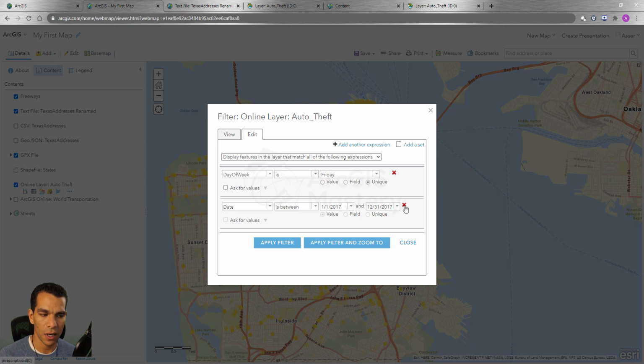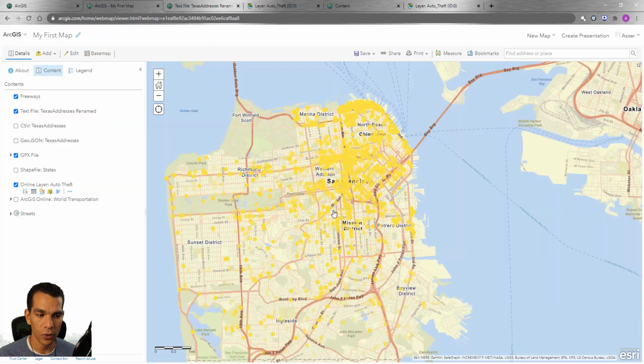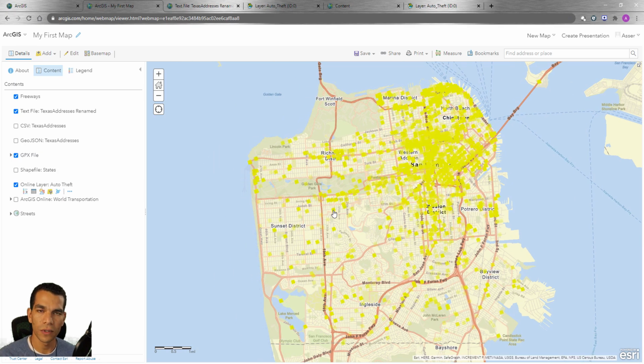So if I come here and delete this one and click apply, it will only show me the features that happened on Friday without any date filter. So that's how you can add multiple expressions and how you can add a set of expressions in order to make your map look exactly the way you want and filter your features the way you want. And here you have the option to say apply and zoom to, so that will zoom to the features